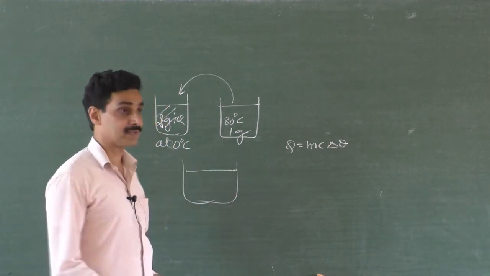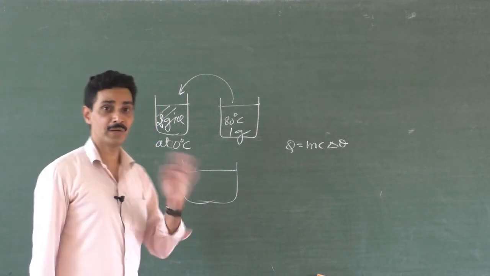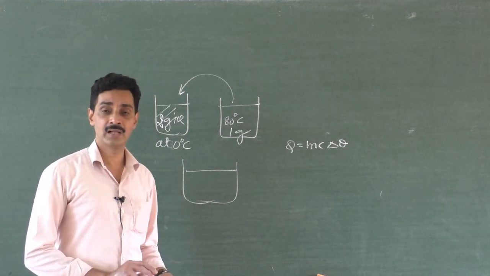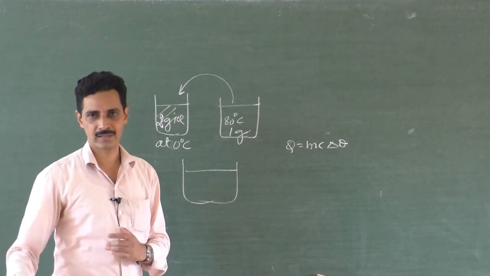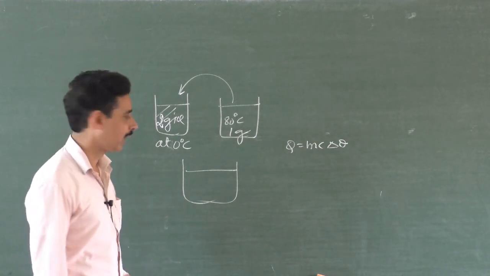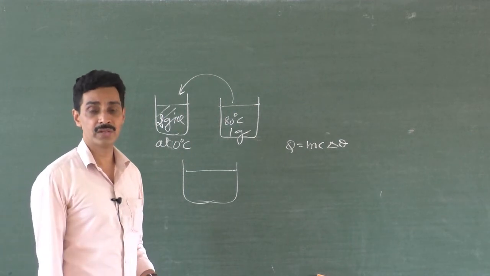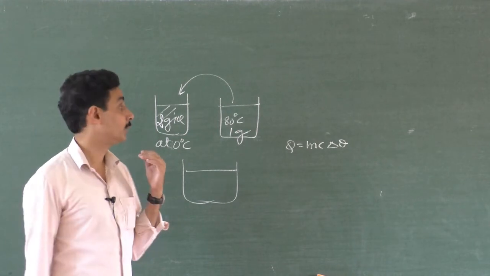In the previous example, the complete solution was water, but here the complete solution may not be water. You will have a solution which contains a part of the melted ice and remaining water. All are at 0 degrees Celsius. How come? 2 gram of ice, in order to completely melt into 0 degrees Celsius water, requires how much?